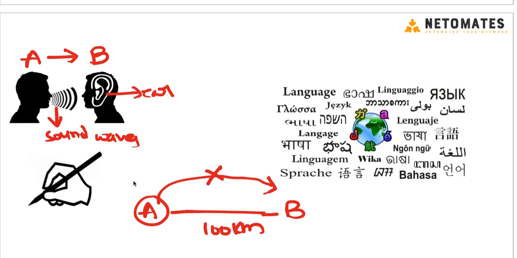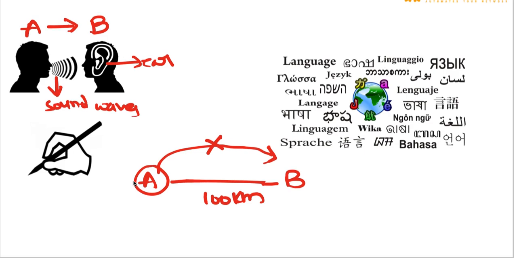So the drawback of this type of communication is they won't be able to share information when they are 100 kilometers away, even 1 kilometer away, right? So to efficiently share the communication,